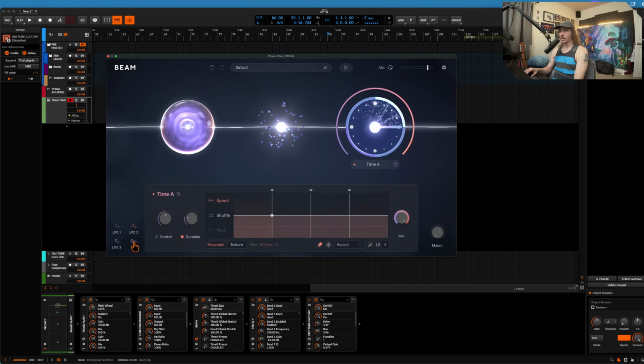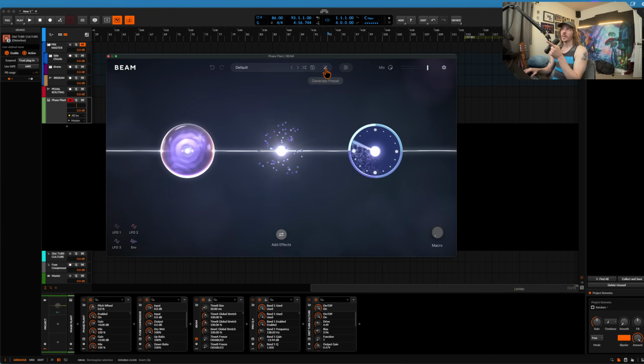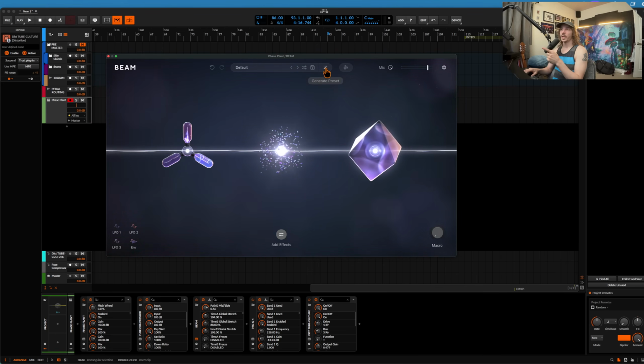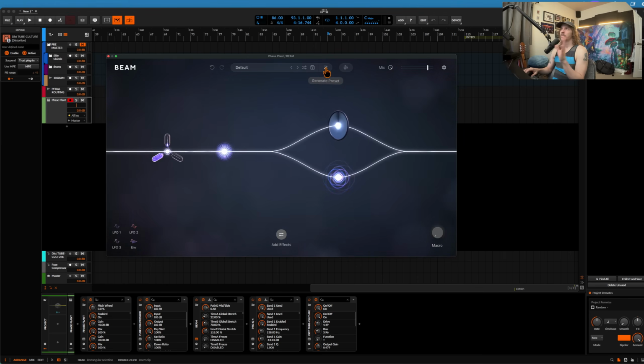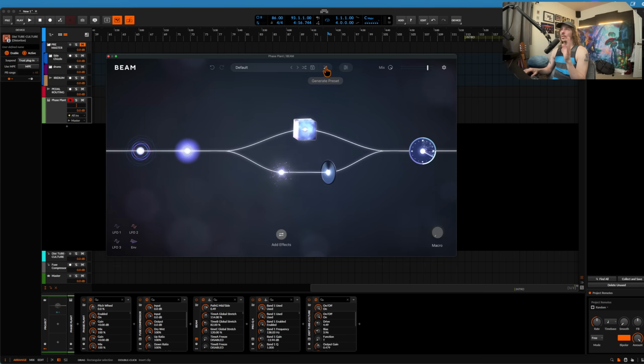It provides 3 LFOs now. It's got an envelope follower and building racks on this. But the other cool thing about this is that you can just hit randomize and this will make a brand new patch for you every time. None of these are within the library. They're freshly made patches. Whether or not they sound good is something totally different. But as a means of making crazy, weird things, I don't really know what this is going to sound like, but